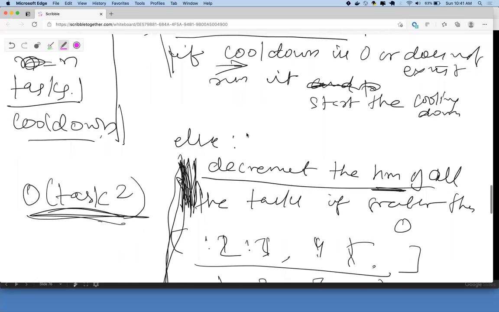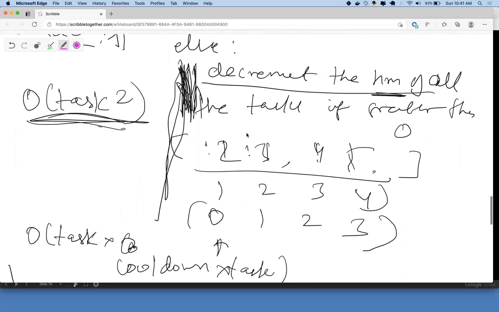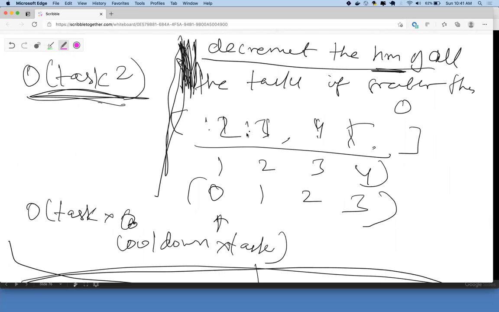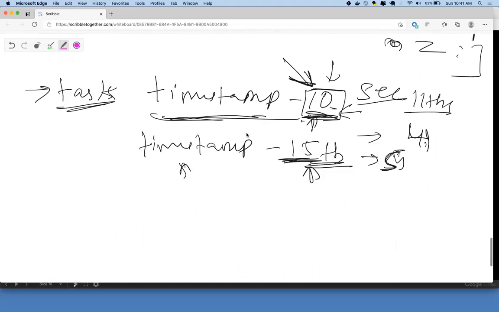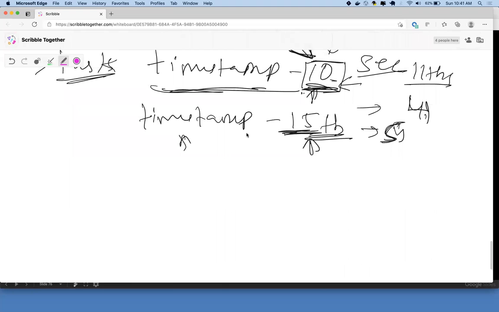It's still a brute force solution. No. Because you are giving O of task into cooldown into task. Brute force would be something better, which will not even have cooldown. You'll have only O of task square. So how do I go to the brute solution by taking out cooldown?